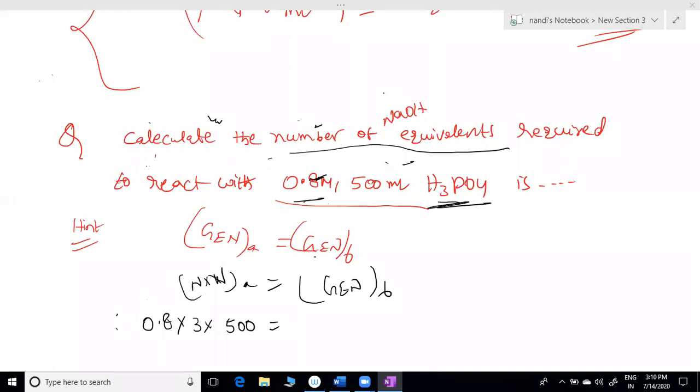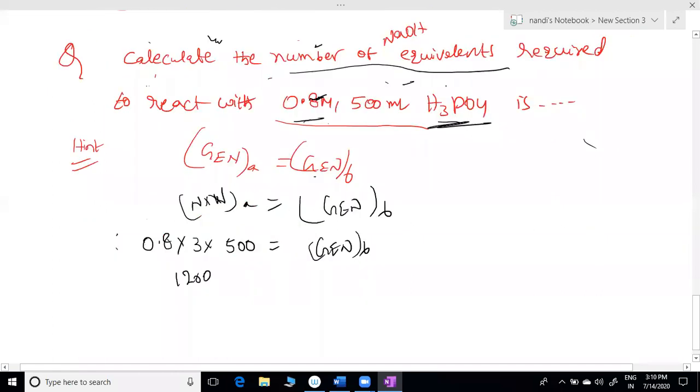This is GN of acid equal to the calculation. Not difficult, sir. We are mathematicians, we can do very difficult ones. 1200 milli equivalents. We are giving most of the people numbers, sir, but I need that very clearly: milli equivalents. GN of base, you want that in equivalents, right? 1.2 equivalents of base.